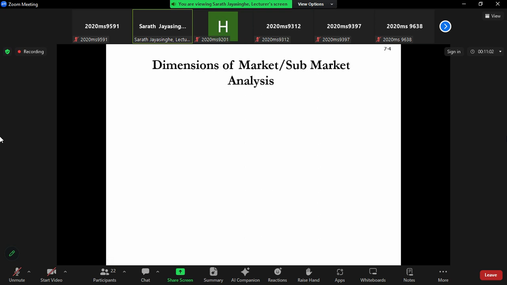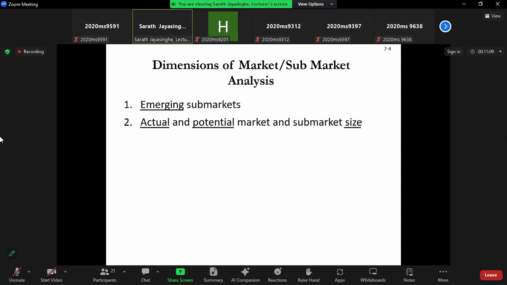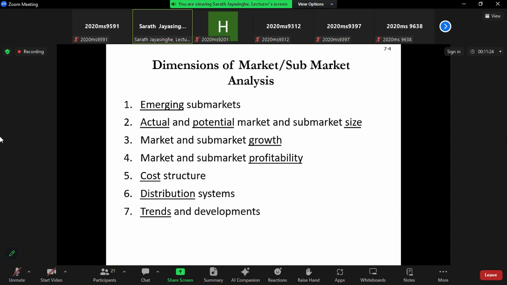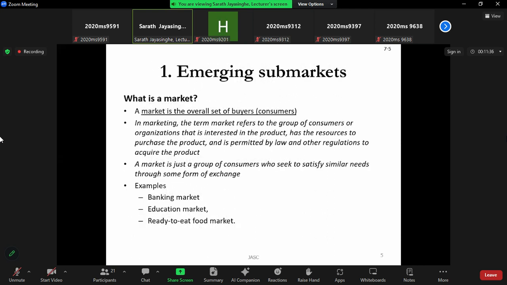So then, what are these dimensions? One is the emerging sub-markets, actual and potential market and sub-market size, market and sub-market growth, market and sub-market profitability, cost structure, distribution systems, trends and development, key success factor. So likewise, we have to go through these. Then if we take the first one, emerging sub-markets,